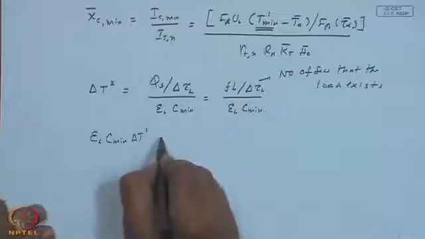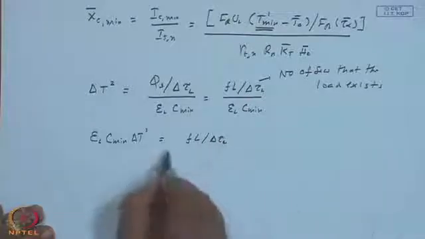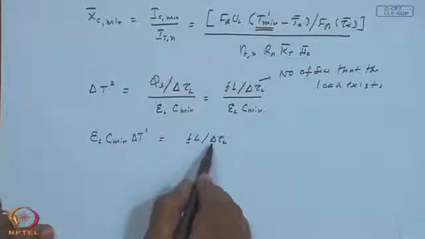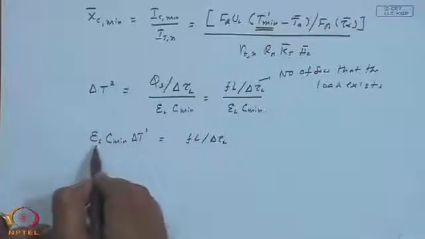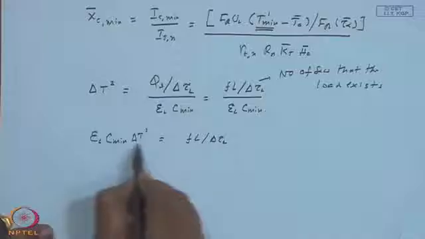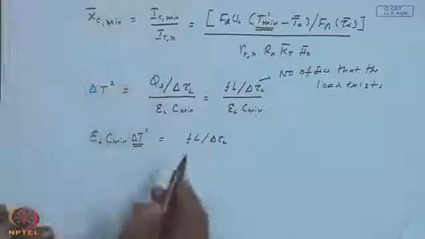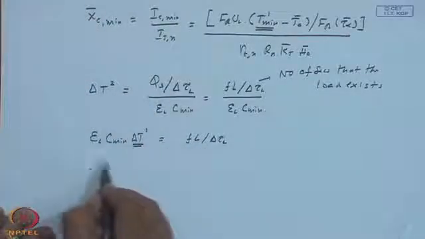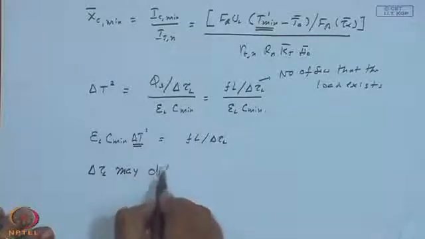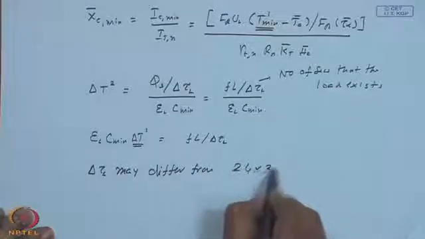Okay. This is nothing but F L upon delta tau L. So, F L is the total amount of energy supplied over a period of delta tau L. So, this is the rate at which the energy is supplied, and that should be matched by the heat exchanger of effectiveness epsilon_L and the minimum capacitance of C minimum with a temperature difference of delta T_2. So, why I am emphasizing is delta tau L may differ from the number of seconds in the month,